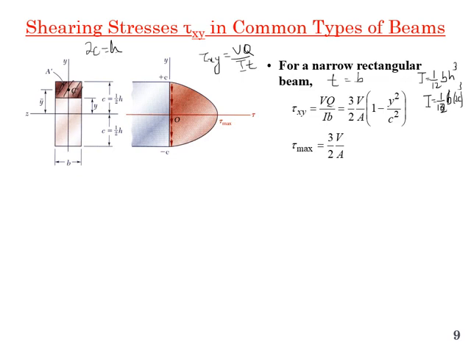So we can put the value of I over here, 1 by 12 b (2c) cube, and the value of Q will be what? The value of Q, if I take this shaded region,